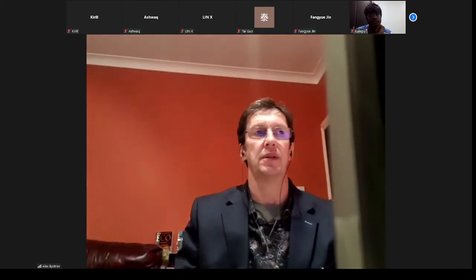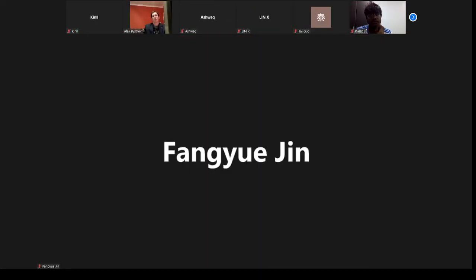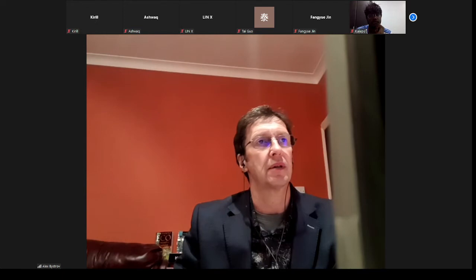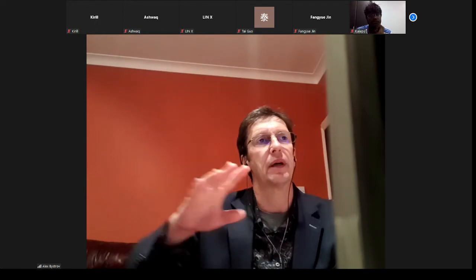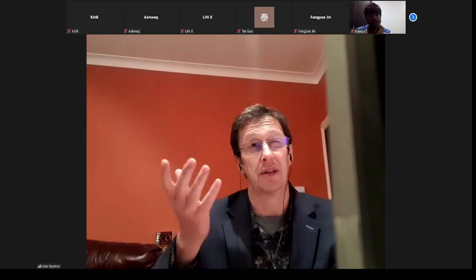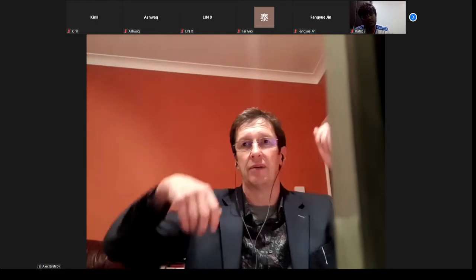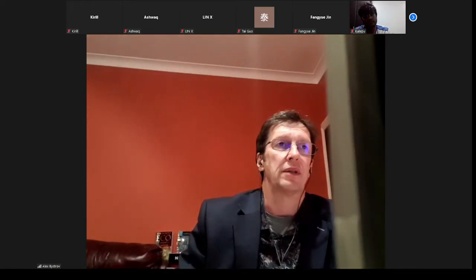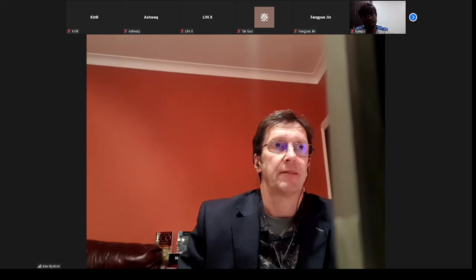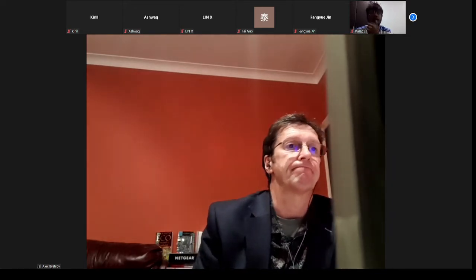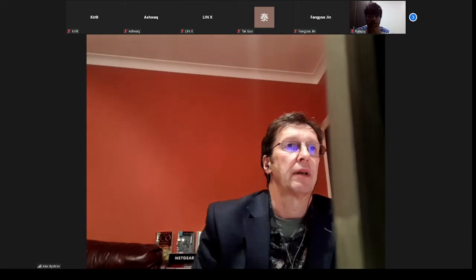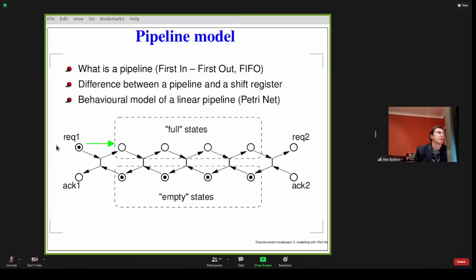We can imagine those data items, and the green arrow in my drawings shows this data item which is propagating from one stage to the other, but the data item itself is invisible. We can only see those flags which are going up and down, and they're showing whether the stage is full or empty. Right? So at the moment, this stage is empty, this stage is empty, all of them are empty here, right?